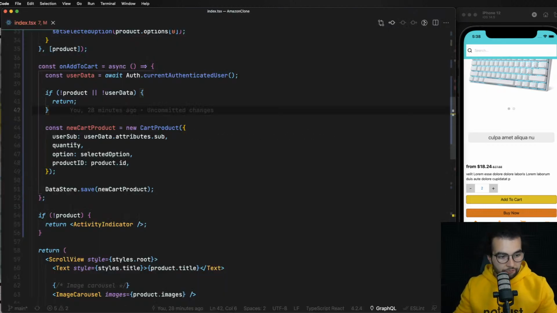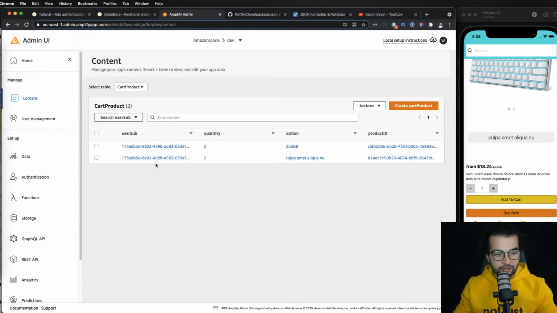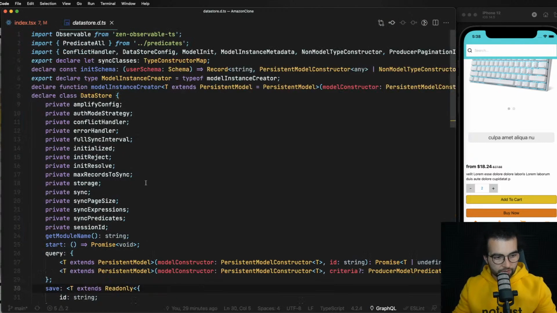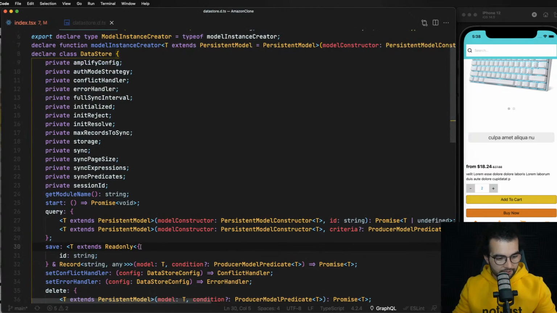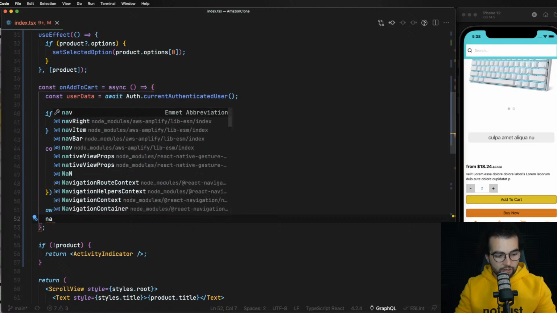Then we just attach the quantity and options that we keep in state. We attach the product ID to link a cart product with an actual product. And then we call DataStore save, which creates the object here. I want to see if DataStore save is synchronous or not. Yeah, it returns a promise. So we can say await, and after saving, we can do